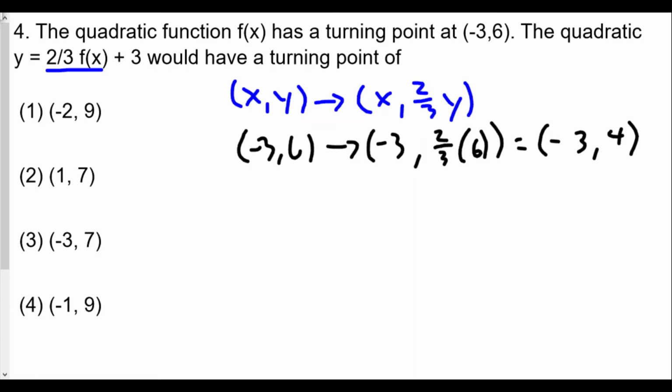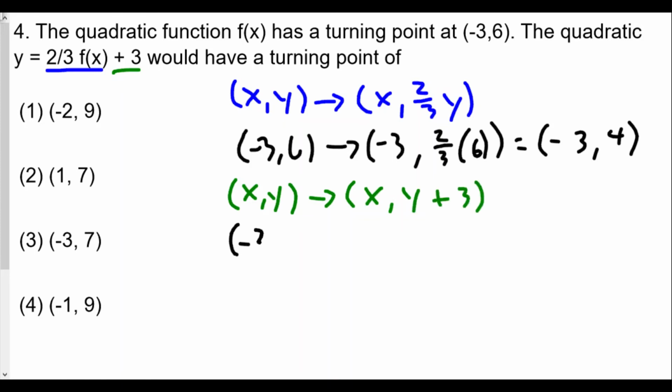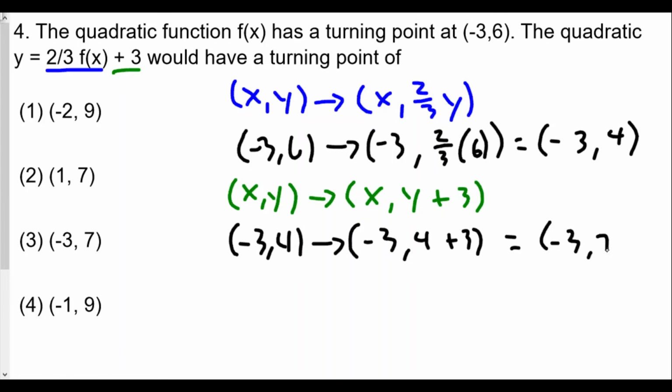Now the next transformation would be adding 3 to the y value, because it's a vertical shift up by 3. So that would mean (x, y) becomes (x, y plus 3). So we're going to take that -3, 4 and make this into -3, 4 plus 3, which would give us -3, 7. And that's going to be the final point where the turning point is going to be after a